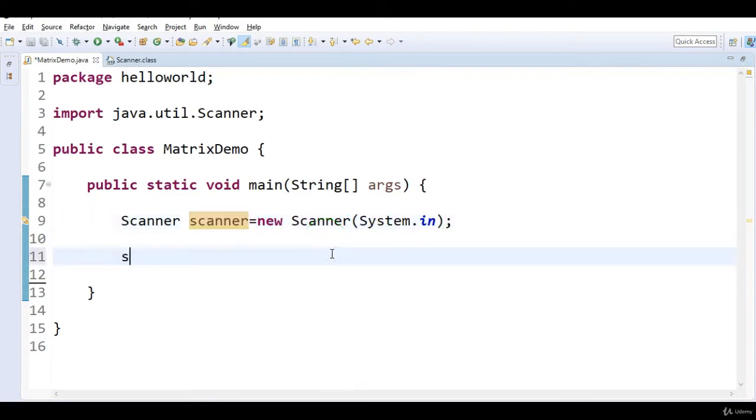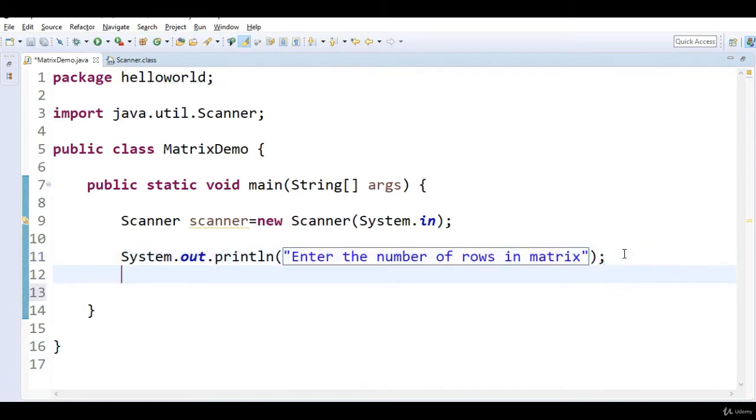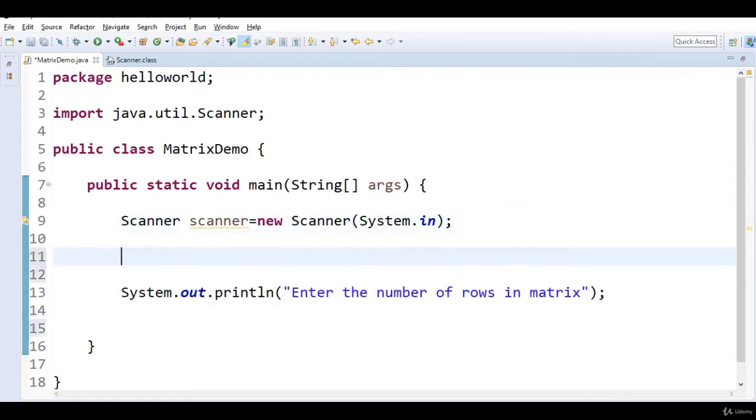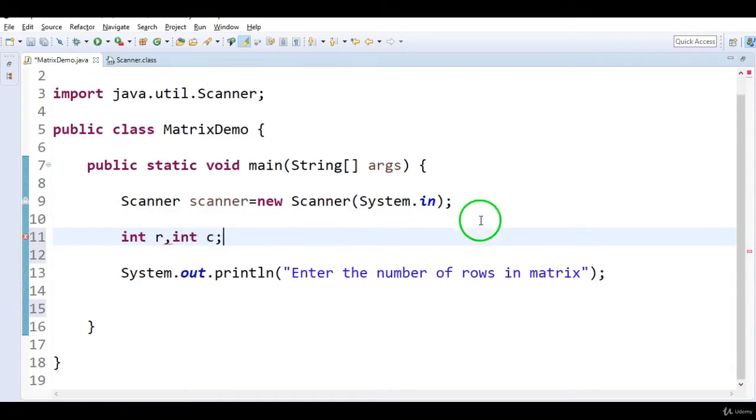And then first we are going to enter the number of rows in a matrix. I'm representing the rows with r and the columns with c.